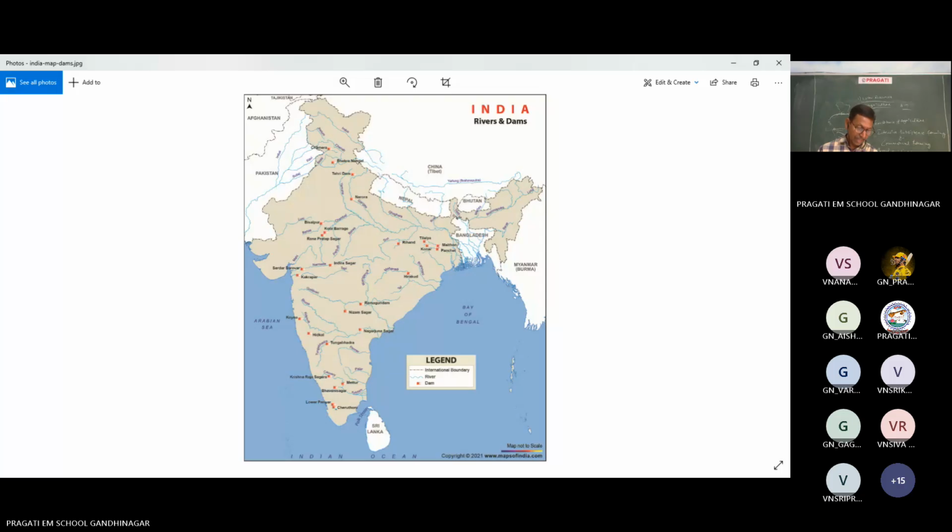Next, energy saved is energy produced. You can find it damn sure. Energy saved is energy produced. If we are saving the energy, that is only production of the energy. We should not damage or waste these resources. You can find it in 4 marks as well as 8 marks. Try to follow as many points as possible.